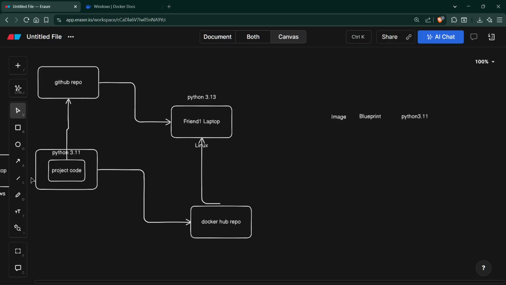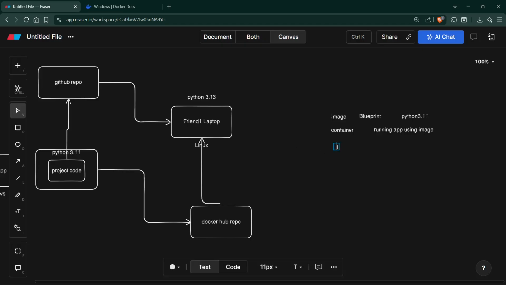What is a container? Everything, project code plus image, is a container. What is the role of the container? The container will run the app. It will run the app using your image. So this container will help you to run this project code using your image, that is Python 3.11.